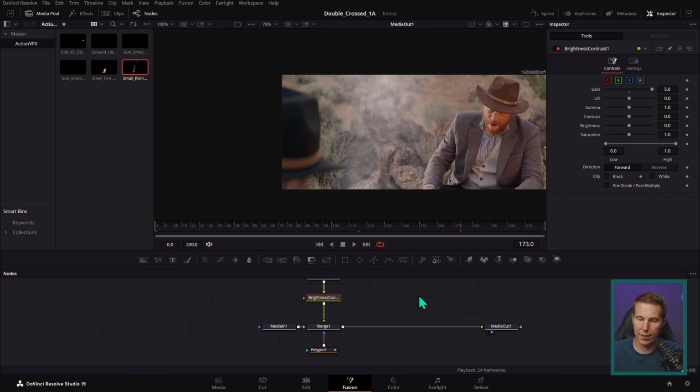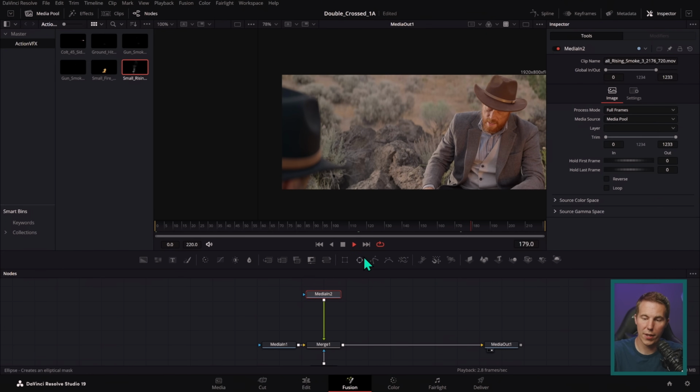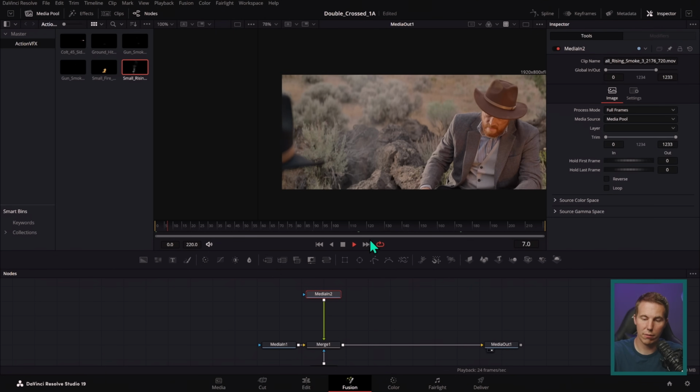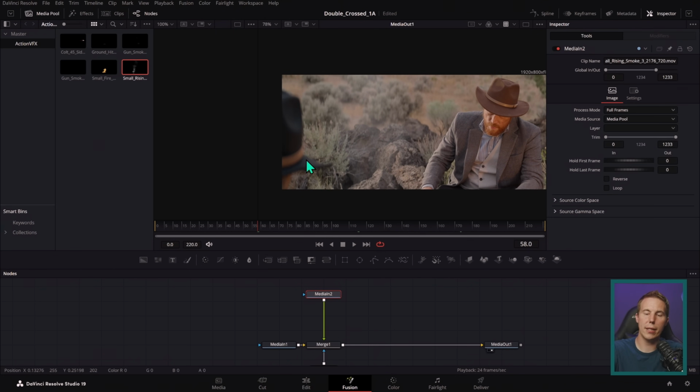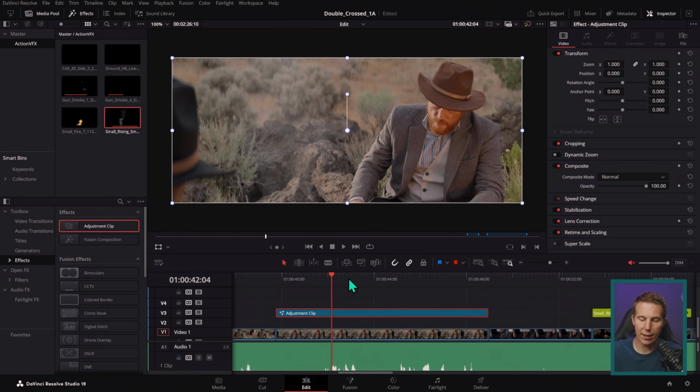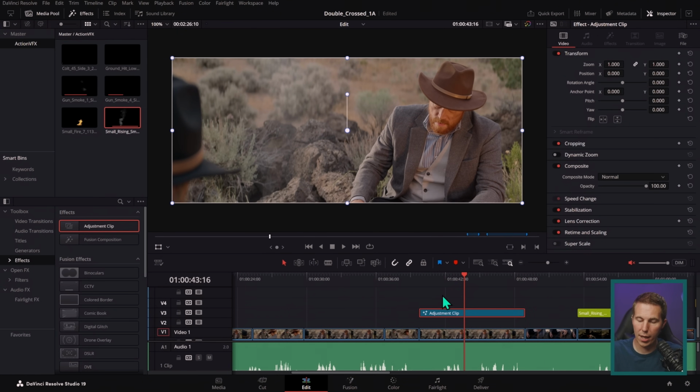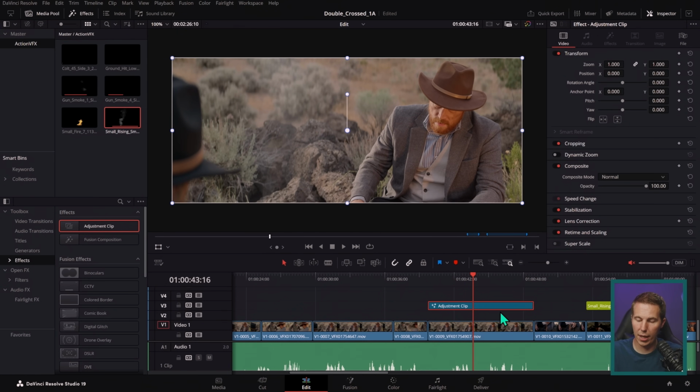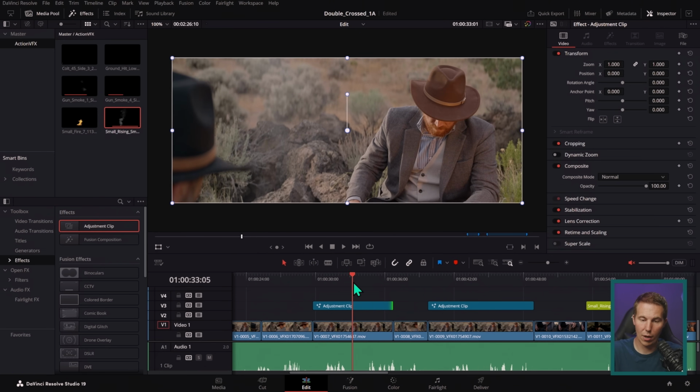So now we can take this brightness and contrast off, and we have that smoke, and we don't have it over his hat. Now, why did I do a soft mask instead of just doing a roto for his hat or something like that? Well, because we can take this adjustment clip that we made, and we can put this over any clip that we need. So I can hold Alt and just drag this over and trim it, and now we have the same kind